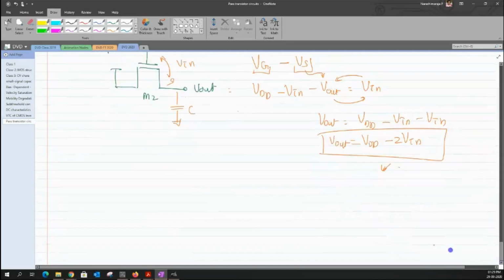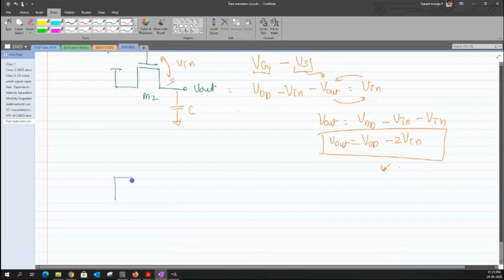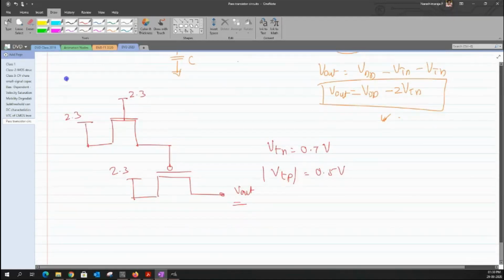So now I'll finally end this particular session with one more circuitry. But I need to give some values, otherwise you might not be able to evaluate the circuit. I'm just giving them randomly. Let me fix the value of VTN as 0.7 volt and VTP as something like 0.5 volt. Just evaluate the value of this Vout. This is a kind of assignment that I'm giving, and I will not discuss the answer of this. I'll leave it to you. Think and get the value of this Vout.